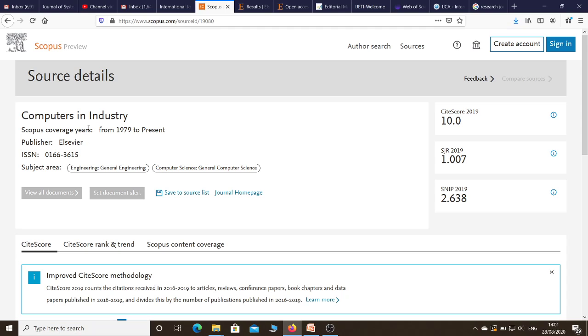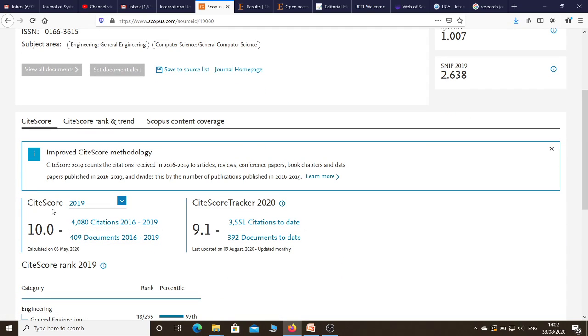Scopus status for this particular journal, and the publisher is Elsevier. Its ISSN number is given. Here you can find the subject area, engineering, general engineering, and computer science. Here you can see the cite score 10. SJR for 2019 is 1.007, SNIP for 2019 is 2.63, and here you can see how that cite score for